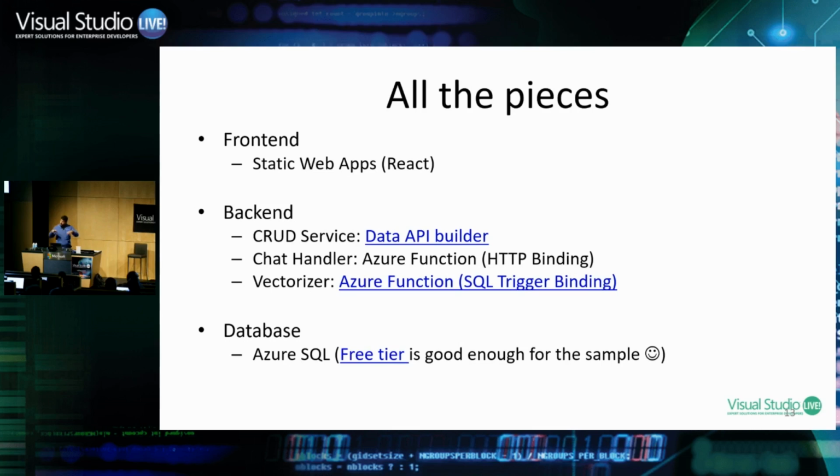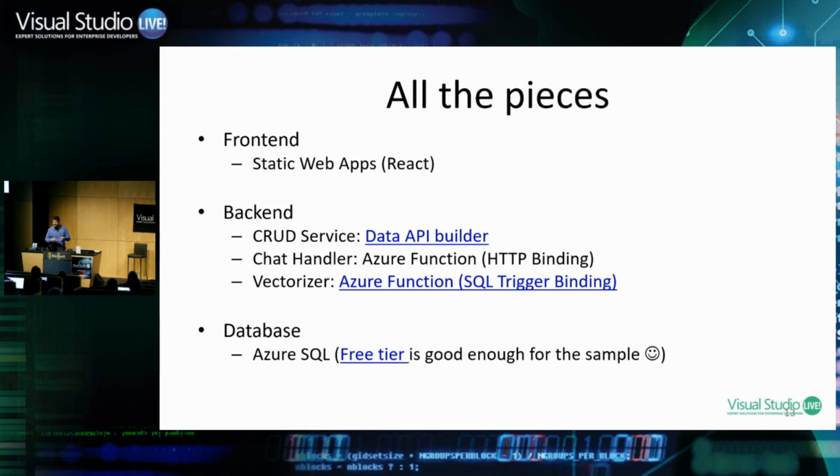Okay, but for my solution, and for the solution that you will find on GitHub, I'm going to use Static Web Apps because it's one of the services I love most in Azure. It makes my life as a full stack developer so easy. For the backend, I will be using Data API Builder and an Azure Function to handle the natural language request. And then for the vectorizer, I will use an Azure Function